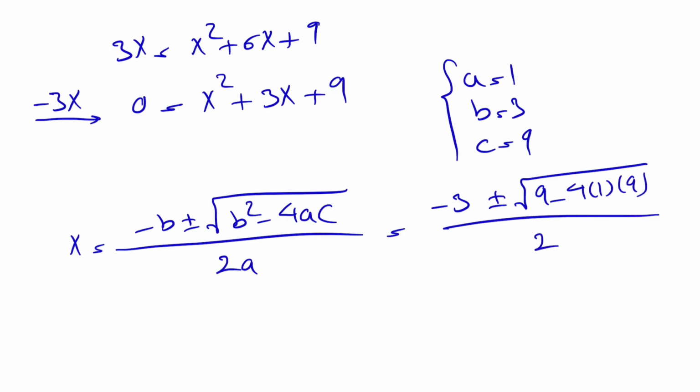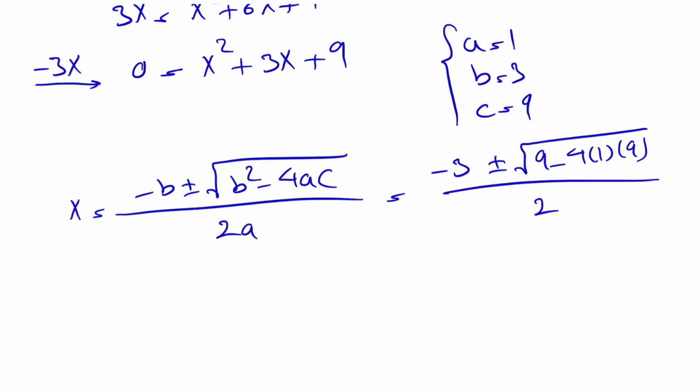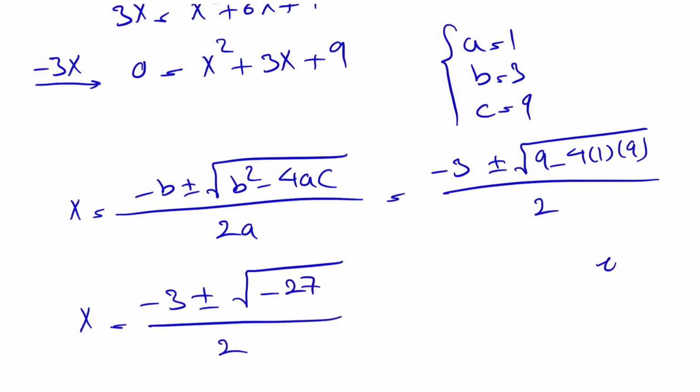Looking at this under the square root, we have 9 minus 36, which will be minus 27. So our discriminant is negative, meaning we have complex answers in here. So we have minus 3 plus or minus square root of minus 27 over 2, and we're going to use our i squared, which will be equal to